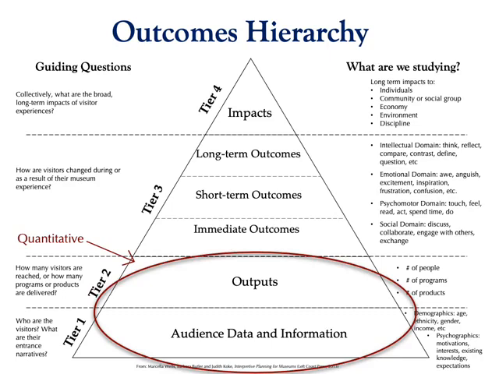At the base, we have the outputs. This is who are the visitors? Why are they coming? Who are they? How many of them come? How many programs do they come to? How many people have you reached? Or how many programs have you offered? Again, this is that kind of quantitative basis that often can be used to describe scope. For instance, like what did you actually do? How many people did you reach?